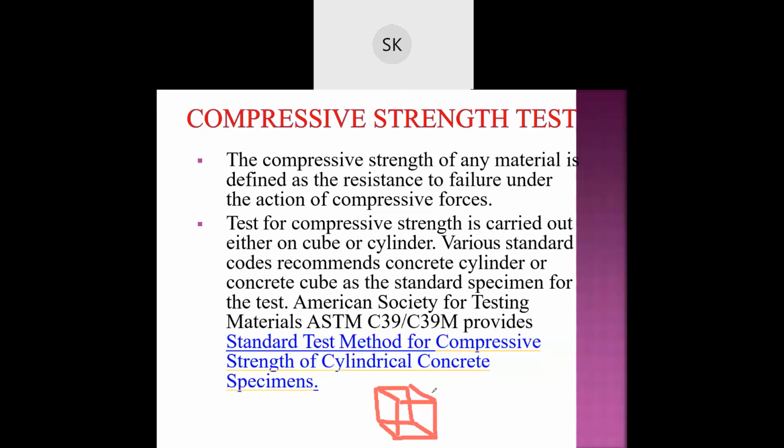After 14 days we test again, and after 28 days, suppose I am constructing an M20 cube, let me draw the M20 cube. After 28 days, it will give me a strength of 20 or 19 point something. If it gives me strength near 19 to 20, then my procedure of making those cubes is good.